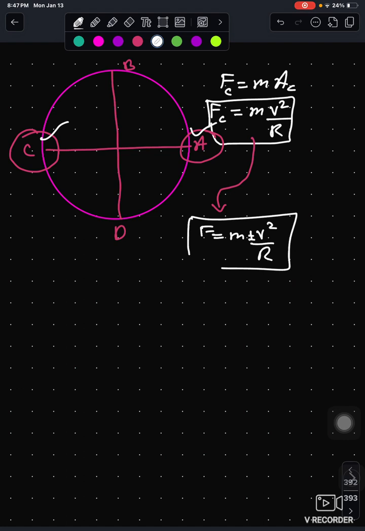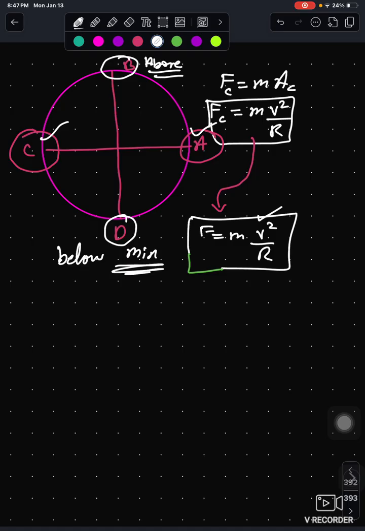Velocity can become negative or positive, but I don't think this is necessary for now. But when we talk about the centrifugal force at the minimum height, or below and above,